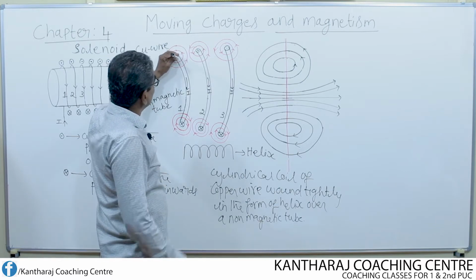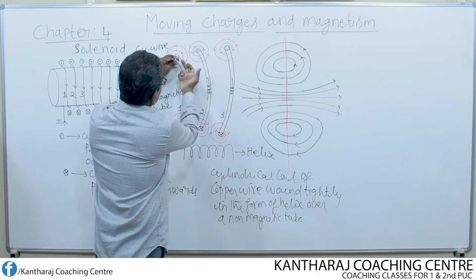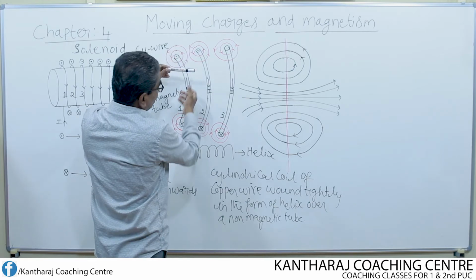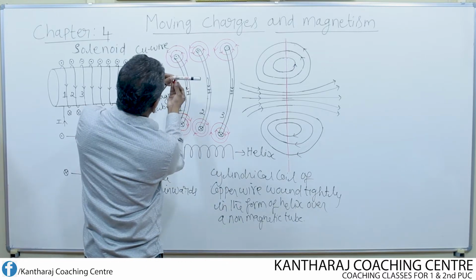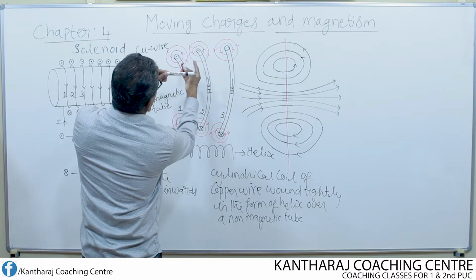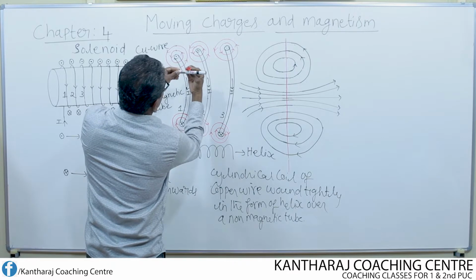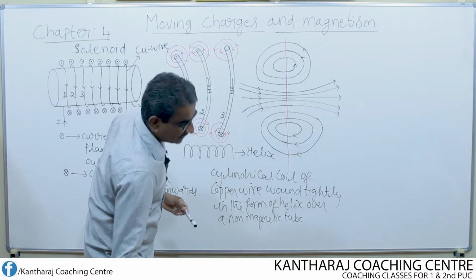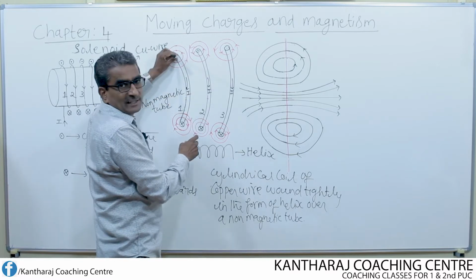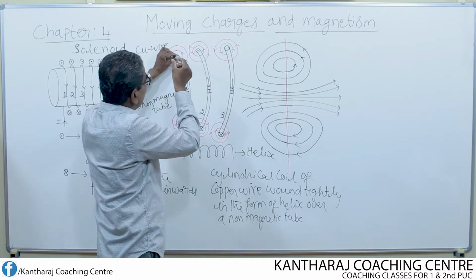Suppose I consider this as the conductor, this is the solenoid. Now this is one turn of wire and it comes out like this. Again, the second turn comes out like this. The third turn comes out like this. So if I imagine this as one turn and the current is flowing outwards,